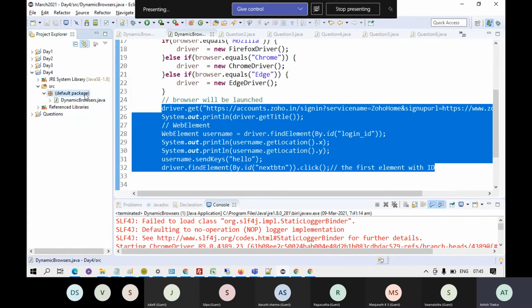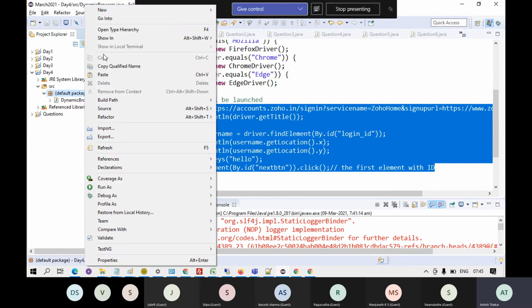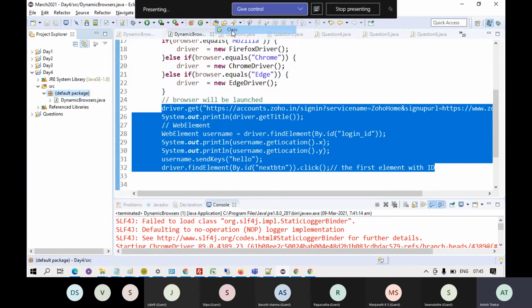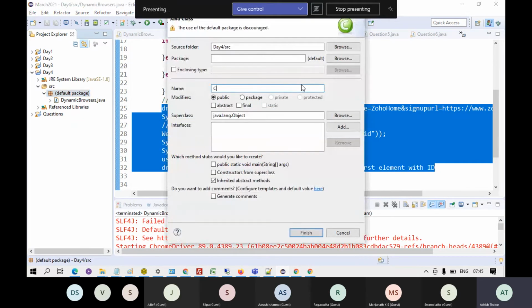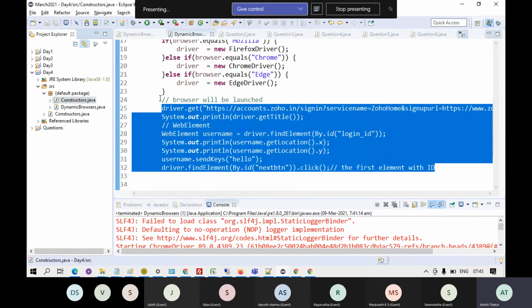It's a very important concept. I'll just make a simple class known as constructor, right?